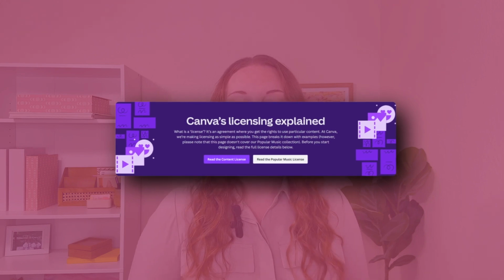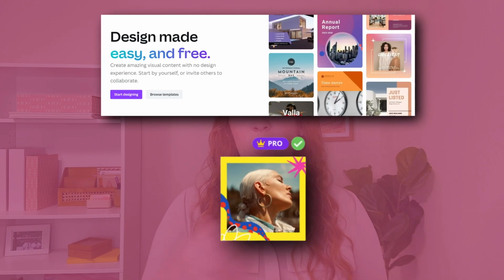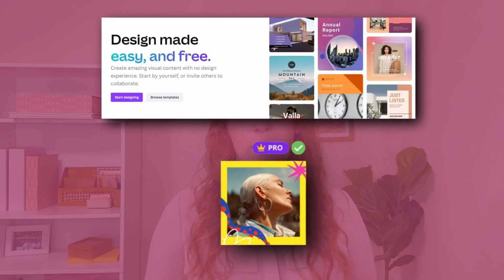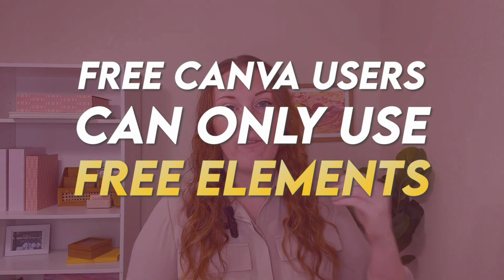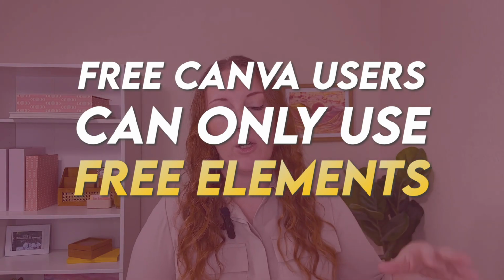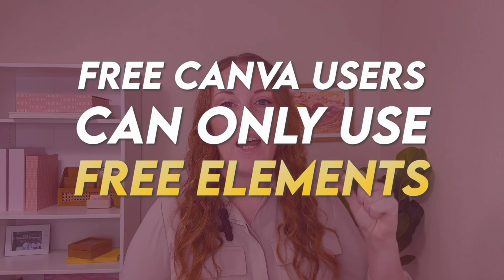Now, you also need to know a couple of things about licensing and commercial use when it comes to Canva. When you use Canva, you can use either a free account or a pro account, and within the pro account, there are also the pro elements and the free elements. So although you have access to everything with your pro account, you only want to use the elements, designs, graphics, clip art, and fonts within Canva that are free, even if you are using a pro account, because your customers who are using a free Canva account will only be able to use your Canva template if it has free